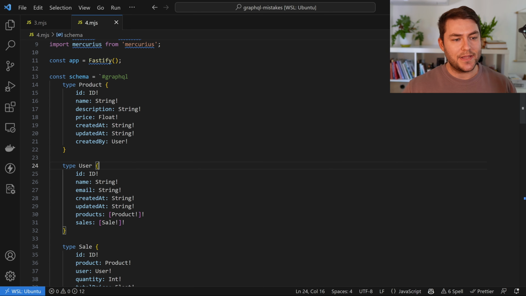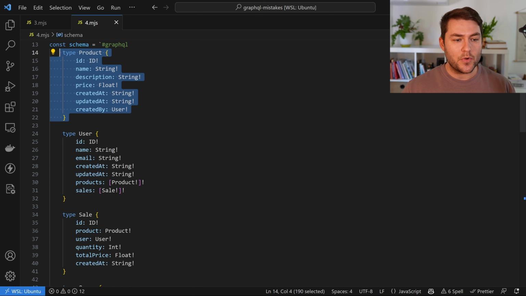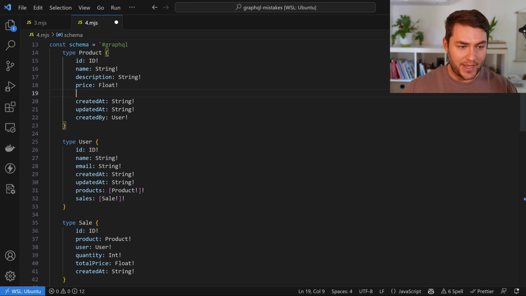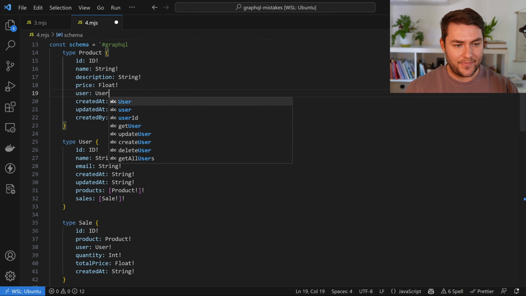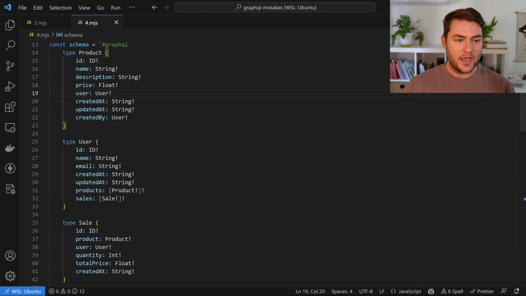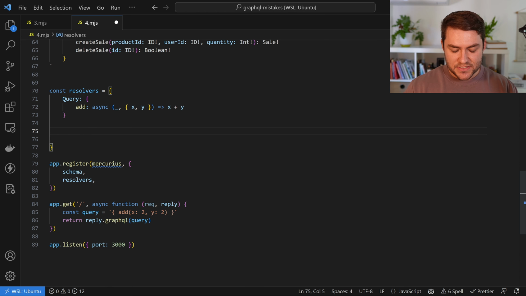So for example, let's say that we query a product and then we want to get the user that owns this product. Let's say on here, we have a user and that's of type user and that's required. So one way that developers might do this is when you query the product, inside of that query, just attach the user. So what happens if this user is not required and the client doesn't query the user? Well, you've queried it from your database and the client isn't going to use it. This defeats the purpose of GraphQL. GraphQL is meant to serve a graph of data that the client needs for that specific query and nothing more, nothing less. So inside of our resolvers, we could say product,